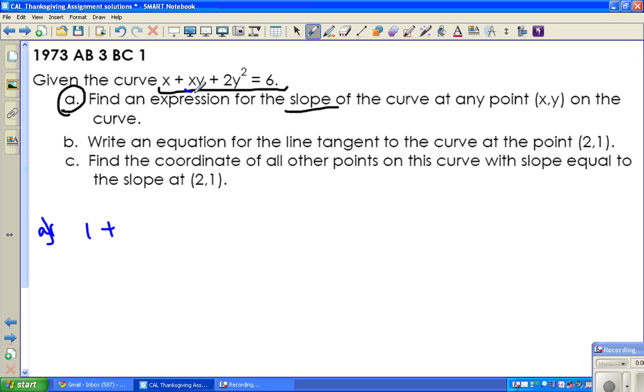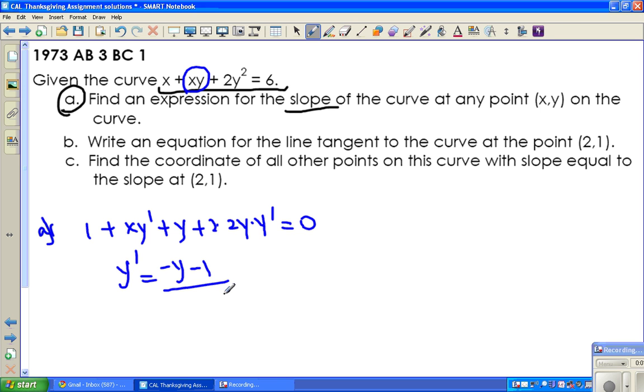And then for x times y, the derivative of that will be x times y prime plus y. And then the derivative of this becomes plus 2 times 2y times y prime, which is equal to 0. Now, if you have to solve for y prime, of course, you would move these two onto the other side: negative y minus 1 over